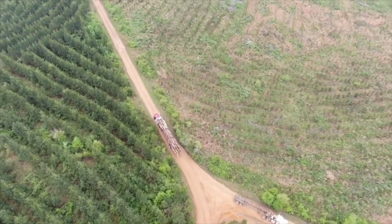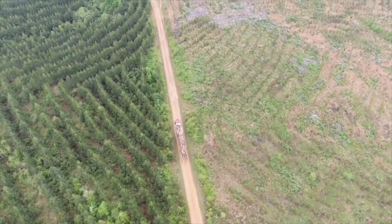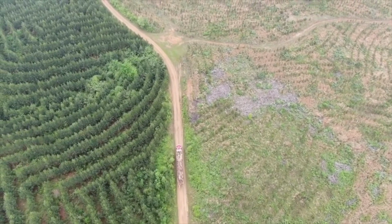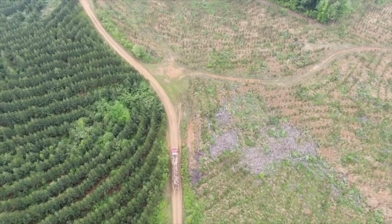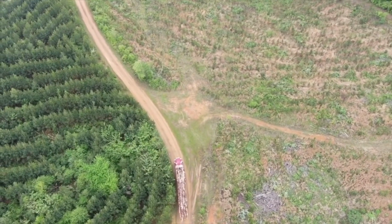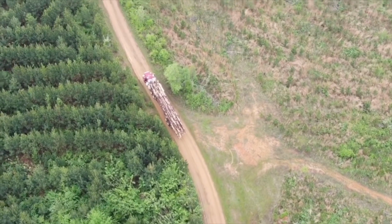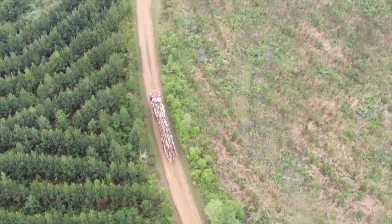See, Frank's starting to back up already. We're just at 250 feet right now. We're going to go on up. He's almost to the bind down spot. We're at 350 feet now, elevation. He's right at 2,000 feet from me is where the drone is right now. Just going to zoom it in some. He's just about there. That timber on the right is what we cut a few years ago,